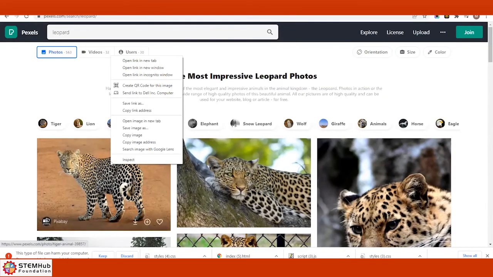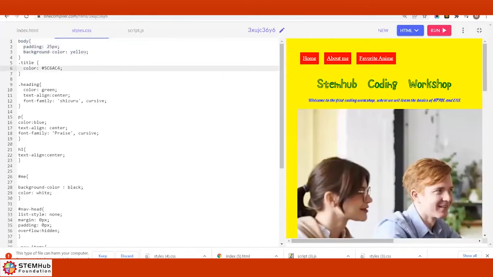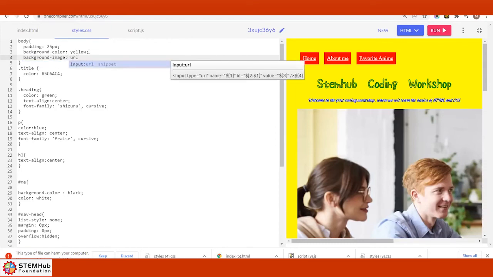Now, what I'm going to do, because I know people love to do this, I'm going to also change the background image as well. So I'm going to have a little bit of fun with that. Everybody knows that I like leopards and panthers and jaguars and things of that nature. So I think I go like this, URL. Let me see. No, it's not that. I think it's URL.